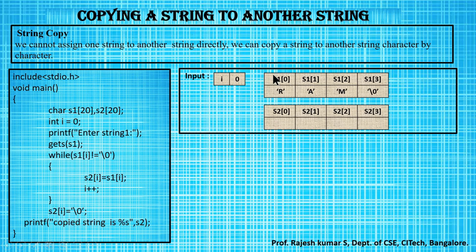First, I will traverse inside this array. I will check whether there is a variable present over here or a null. If there is an alphabet present over here other than the null value, that value will first be stored in S2 of 0. Then I will traverse to the next location and check whether there is a value present over here. Alphabet is present, yes, that will be stored.